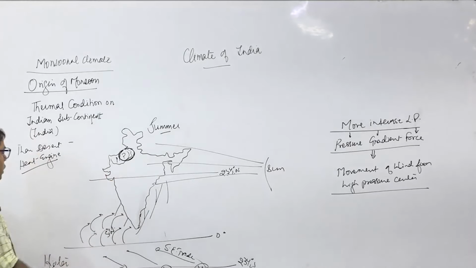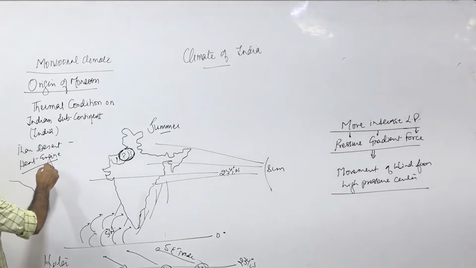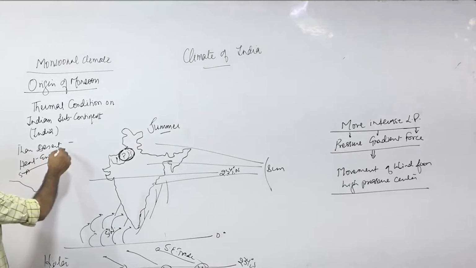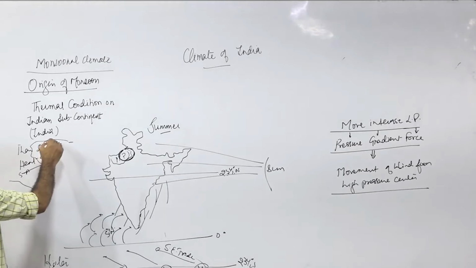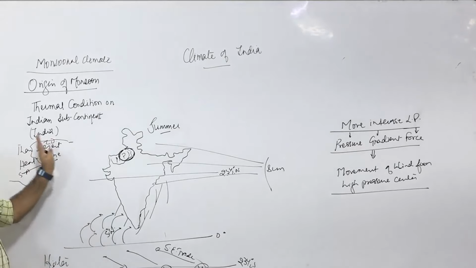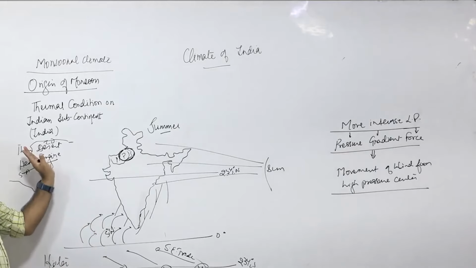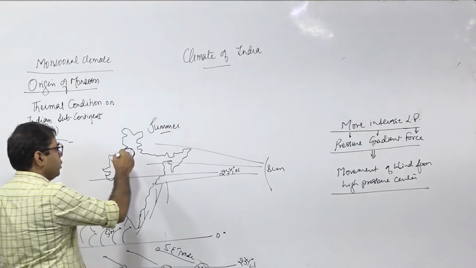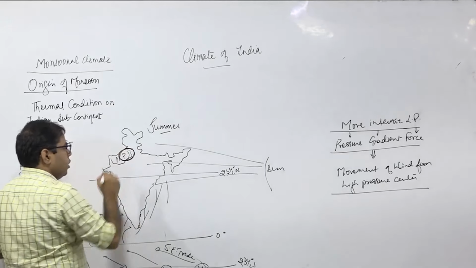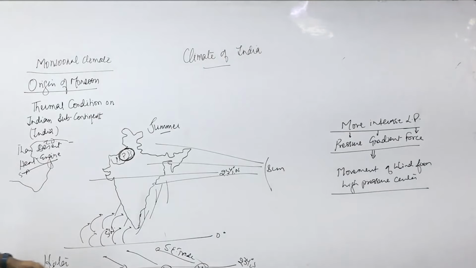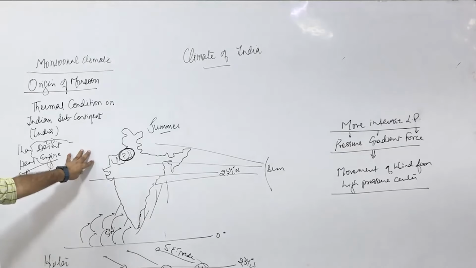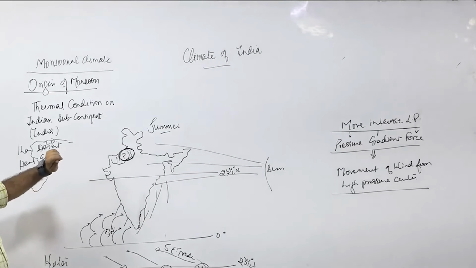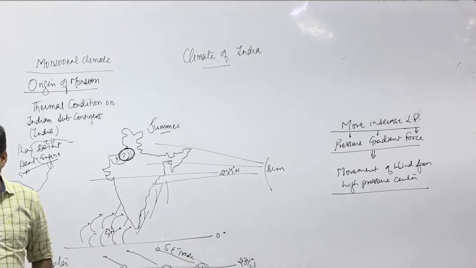Clear? Along with this, here is also the Saudi Arabian desert, and here is also the Iranian desert. Yes or no? Wind does not go this way, right? The reason is that this region has been excessively heated, so there is excess low pressure, and wind has to reach this area. So the excessive heating of the northern part of India is the center of attraction for the wind from the oceans.